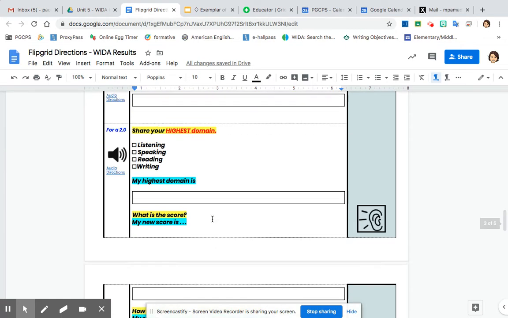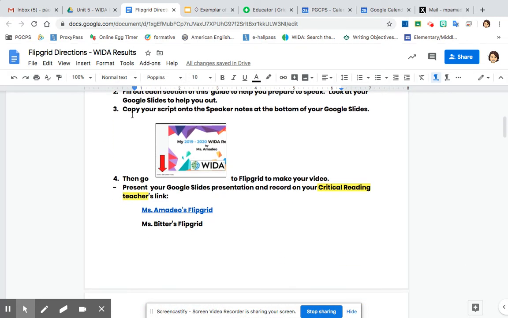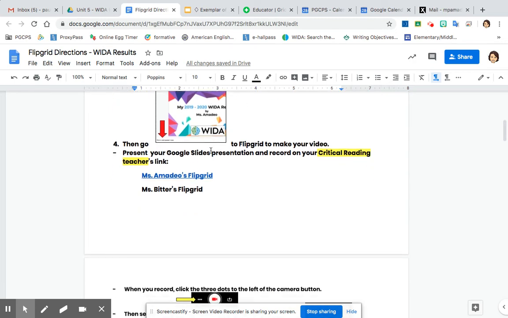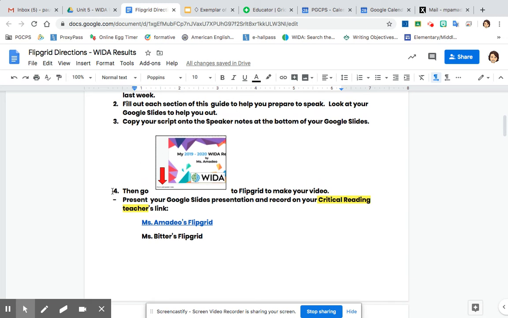All right, so now we've filled out our script. So we're ready for step 3. Step 3 says copy your script onto the speaker notes at the bottom of your Google Slides. So you don't have to memorize this whole thing, but it would be,